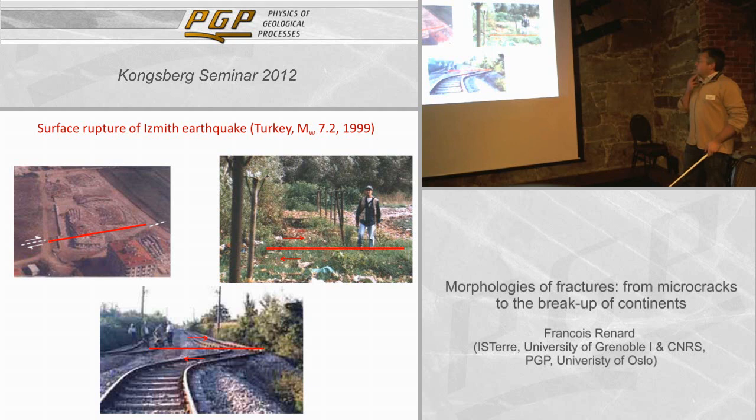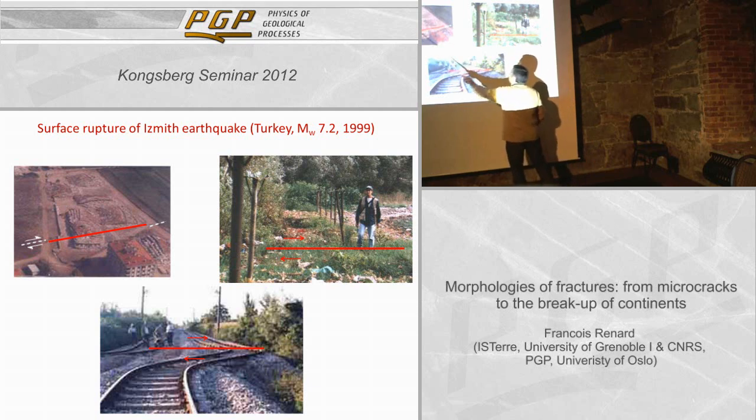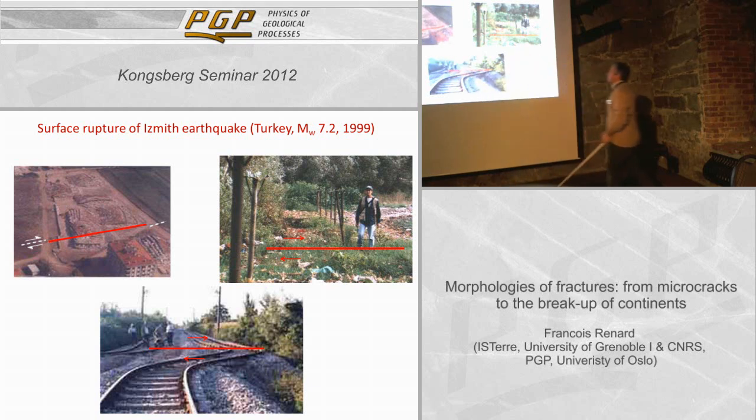So on the field, this fault, you see that because when you have an earthquake, it's displacing some markers. So for example, you have rails. You have this line of trees that have been displaced. Here it's the trace of the fault, and this building was just below the fault and didn't survive. And the idea is just to map this trace over kilometers and kilometers and get some trace of the rupture